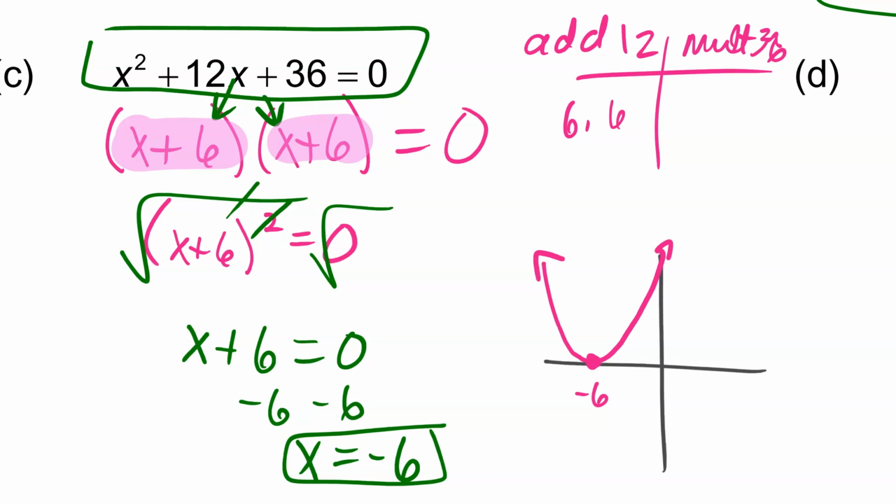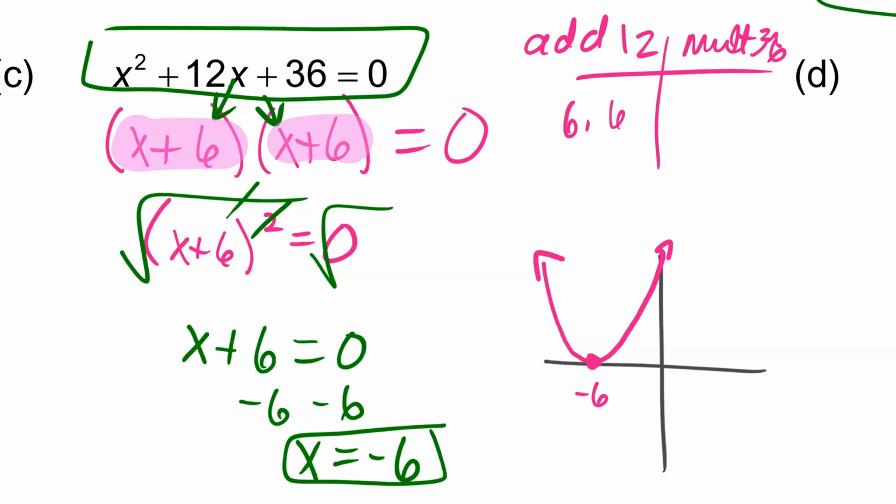Yep. Perfect square trinomials are the time when you have only one solution. It just touches the x-axis once, yeah? So you don't really have to do all those steps. You'll just have x plus 6 equals 0. Solve at the start. Correct. It's not x equals plus or minus,